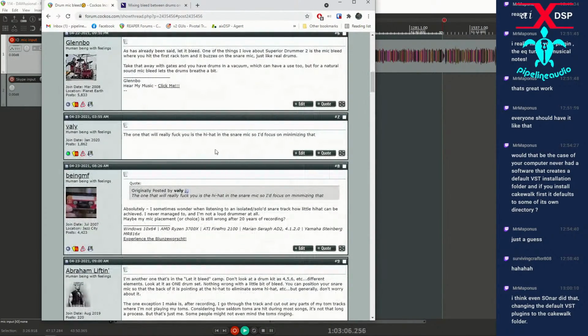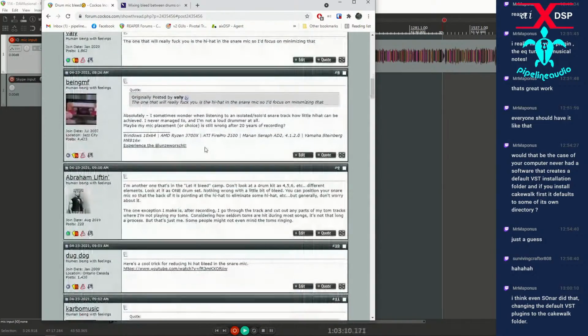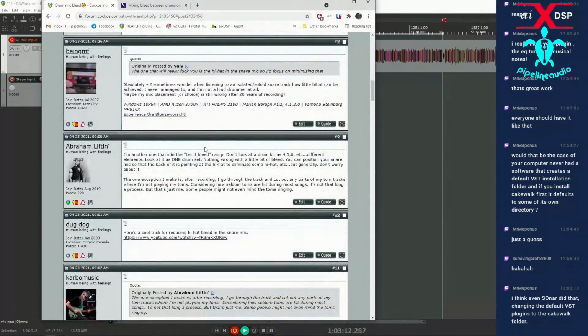The one that'll really get you is hi-hat and the snare mic, so I'd focus on minimizing that. And let's remember, ideally you wouldn't have anything in your drum but the drum you want normally. And I guarantee you, if you had a drum set like that, you would like the sound of it. The reason VSTIs sound fake isn't because there's not bleed going between. It's because